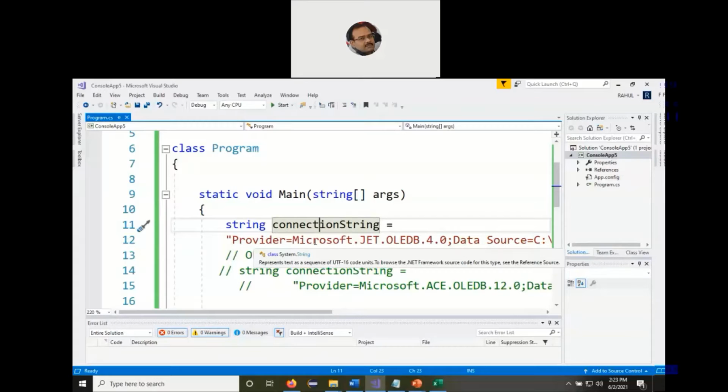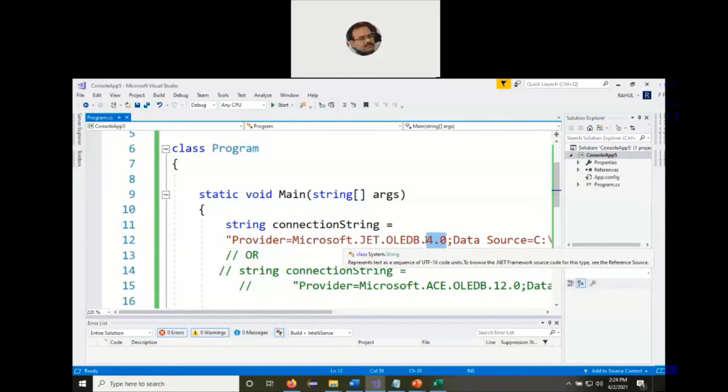Microsoft, the name of the company, .Jet.OLEDB.4.0. So we are using the Jet database engine for connecting to a database, but within that we use the OLEDB mechanism. And which version of the OLEDB are you using? 4.0.